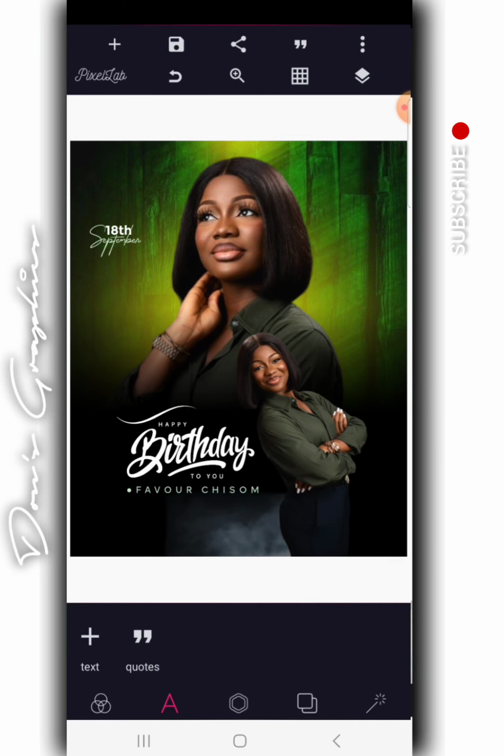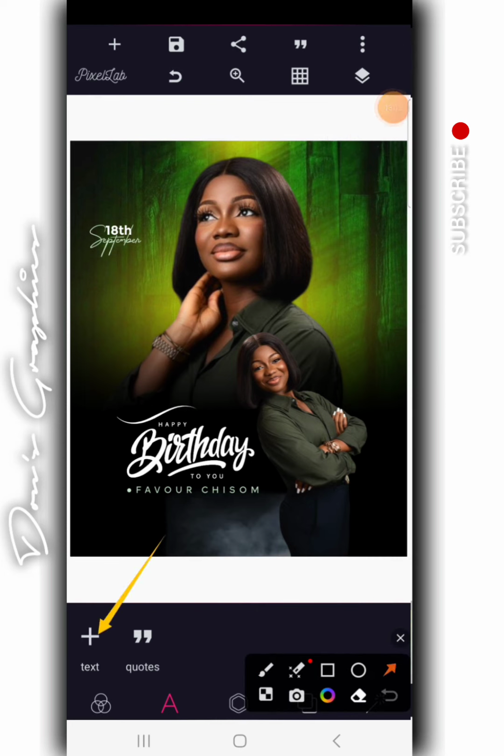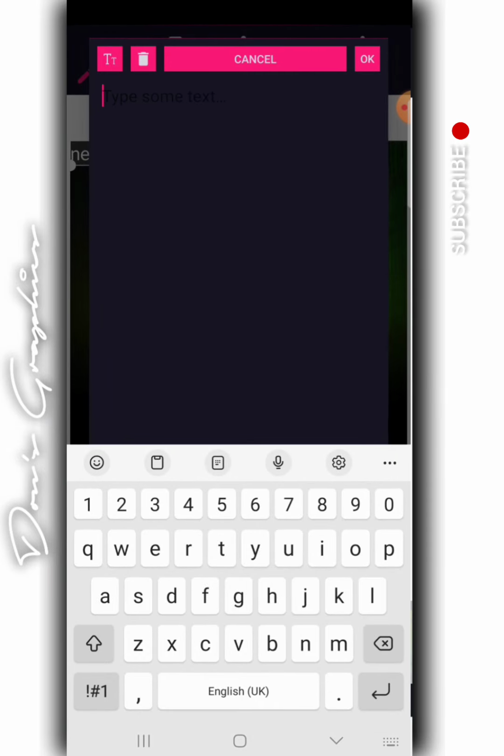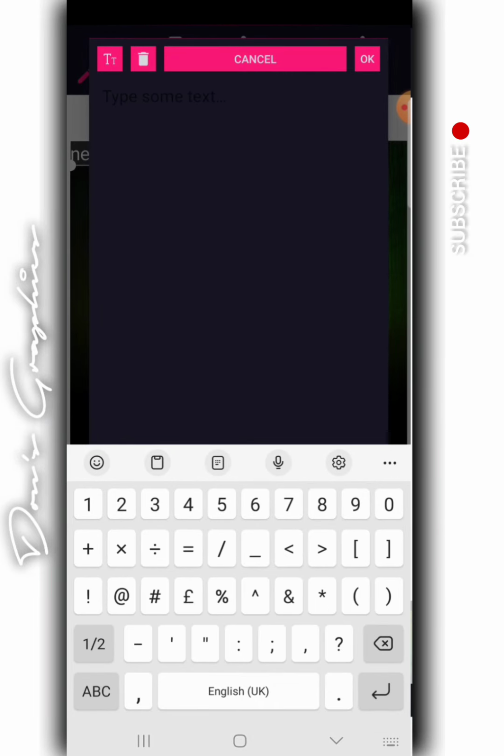So we have happy birthday to you, Favor Chisom. Now what we need to do, because I'm working with you guys, is bring in some birthday wishes. I'm going to go to the text area, and the first thing that I want to write is